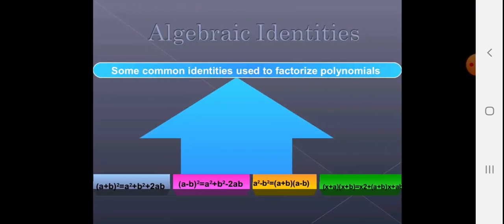Let's see a few algebraic identities. These are the important identities that you have learned in previous years. Now the cubic-based identities we are going to discuss this year are new, along with the a plus b plus c whole square identity. So you have to write all those identities five times.